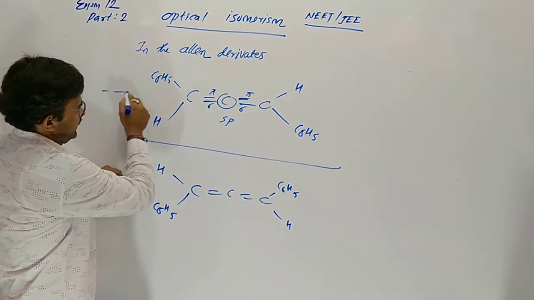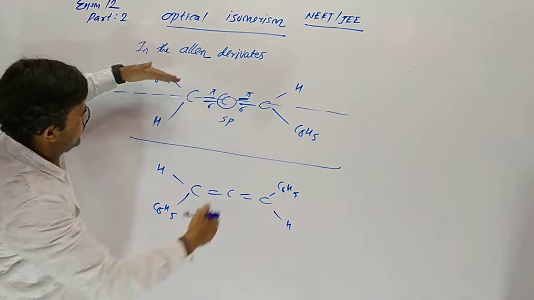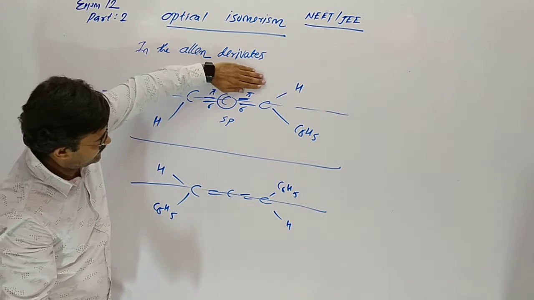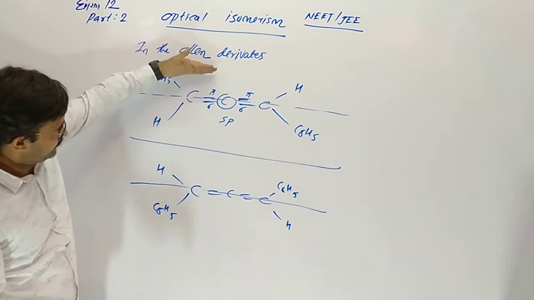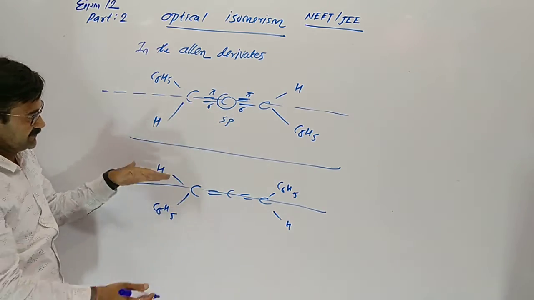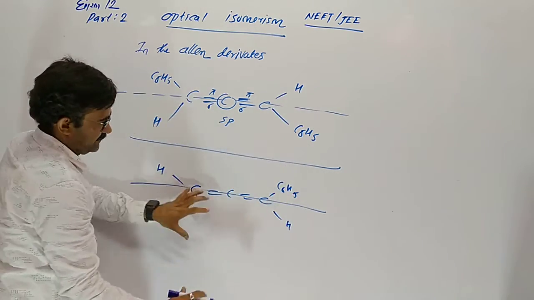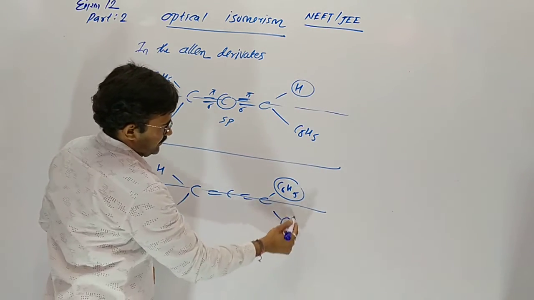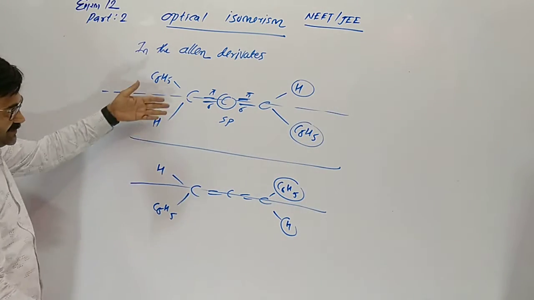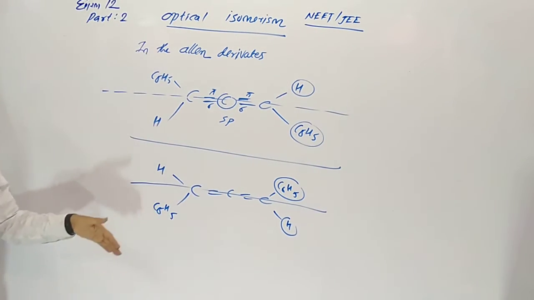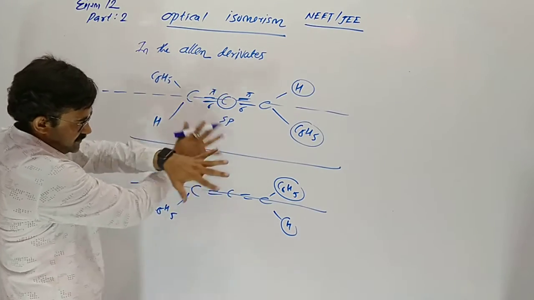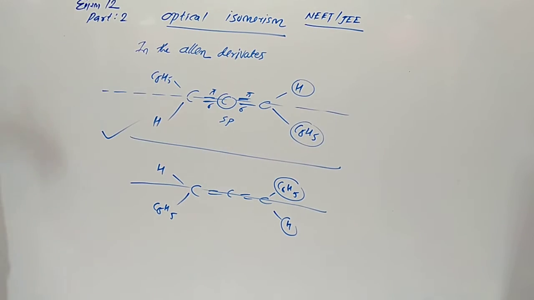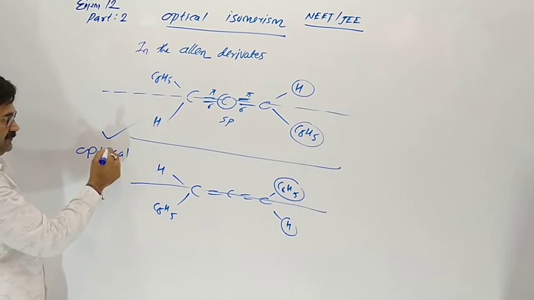You can see, from the imaginary line, H and C6H5 are now changed. Suppose this part is left and right. So left is now right, right is now left. And both are not superimposed on each other. When we take here, C6H5 comes over H, H comes over C6H5. So this compound has a mirror image, and both are not superimposable. So these are chiral, optically active.